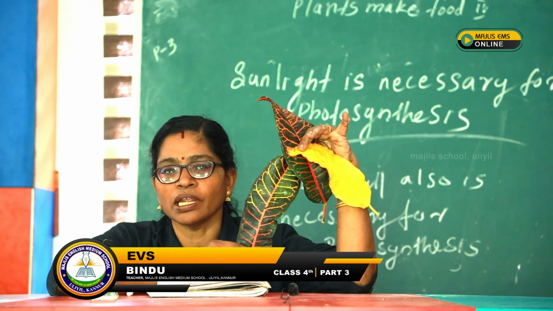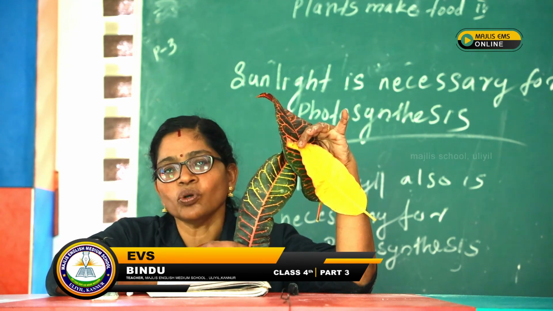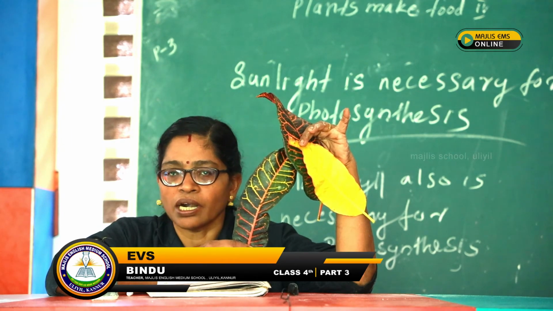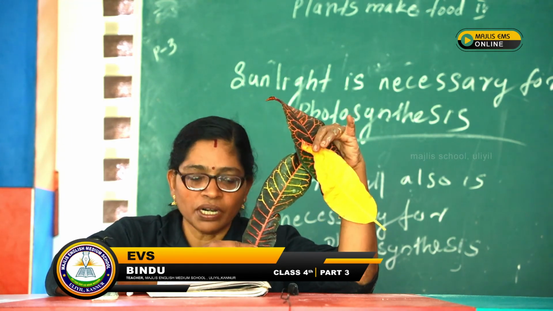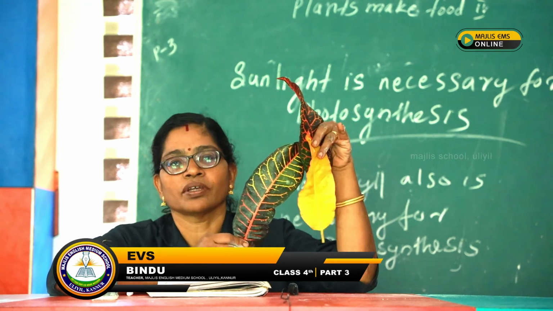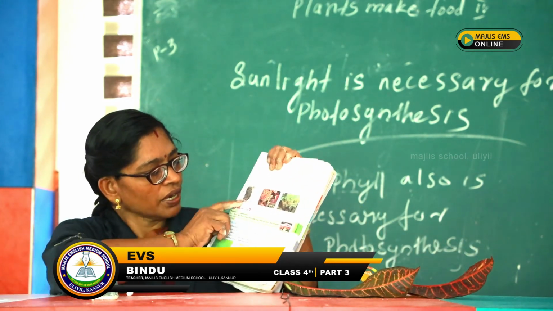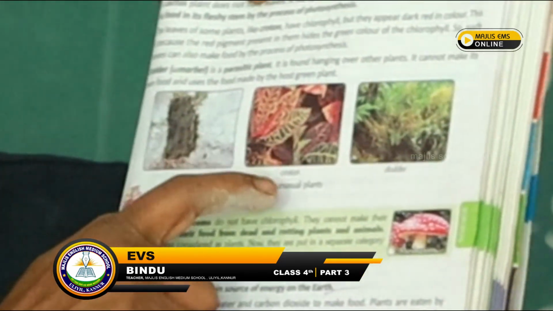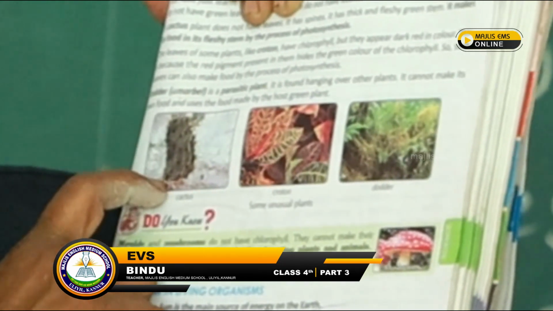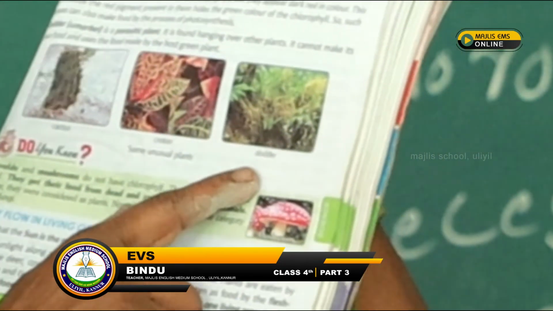That is why the leaves look dark in color. Okay. Then another one, the cactus plant. You look at this picture. In the desert area you see this plant. This is croton, this is cactus, and this is dodder